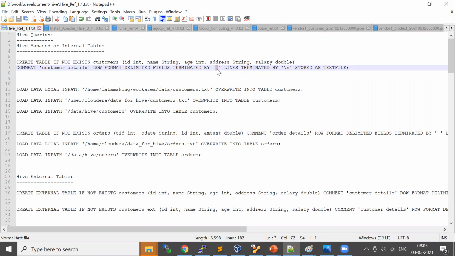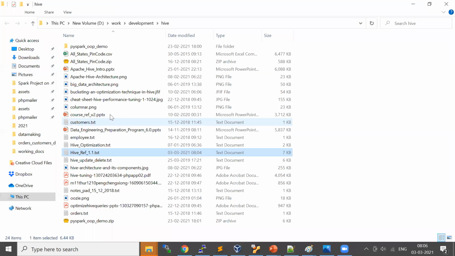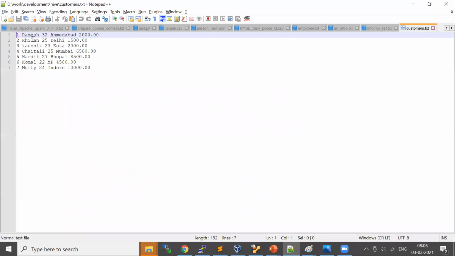Whatever the delimiter is. For example, this is my customer data in a file. If you see here, the fields are not comma separated, they are space separated. If the delimiter between fields is a comma, you go and change your delimiter here.